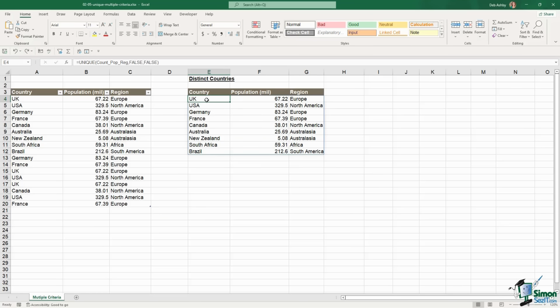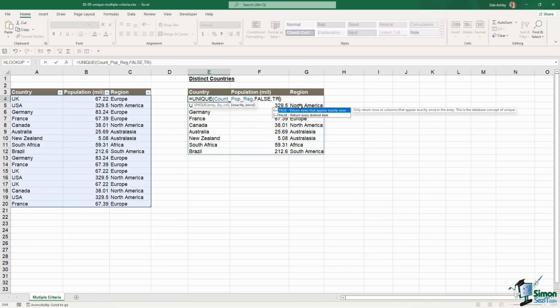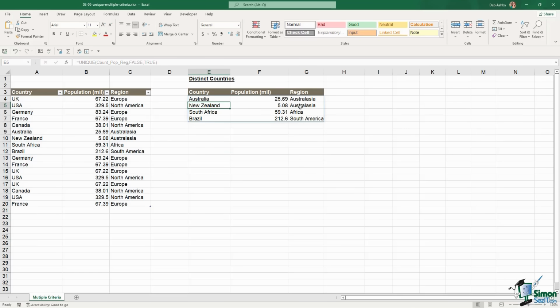Now, if we change this, so I'm going to edit the formula. Remember, you can only edit the formula in that first cell. If I click somewhere else, the formula is grayed out. Let's double click, and we're going to change this last argument from false to true. Press enter, and now we get that much shorter list again because it's only pulling out of this data countries